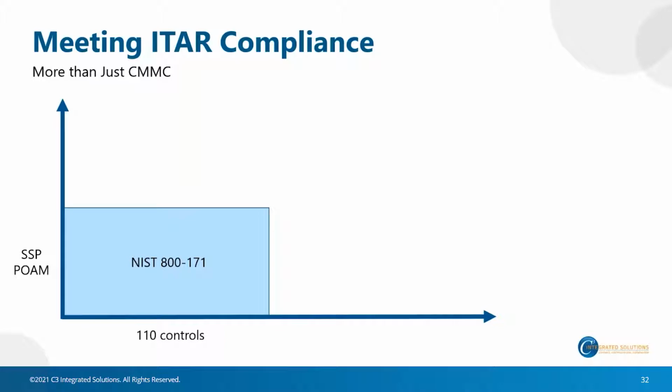So we're going to start by going back and comparing the CUI impacts with CMMC, as well as with data sovereignty and what the additional requirements are. For everyone today who's worrying about clause 7019 and trying to meet the self-assessment rules, that's typically focused around NIST 800-171, where we all have the 110 controls, the SSP, the POAM, and we're all trying to answer the mail on that right now.